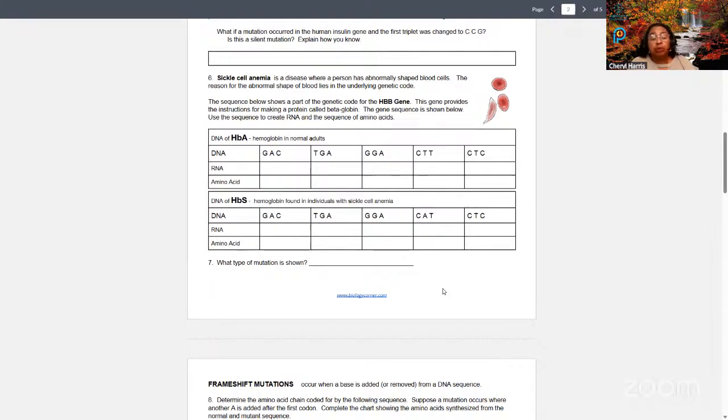Raymond, point mutation or silent mutation? Everybody's waiting for somebody else to answer the question. Raymond, what do you think? The silent mutation is